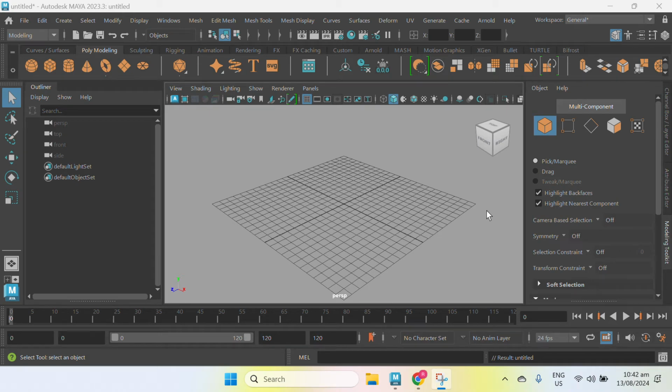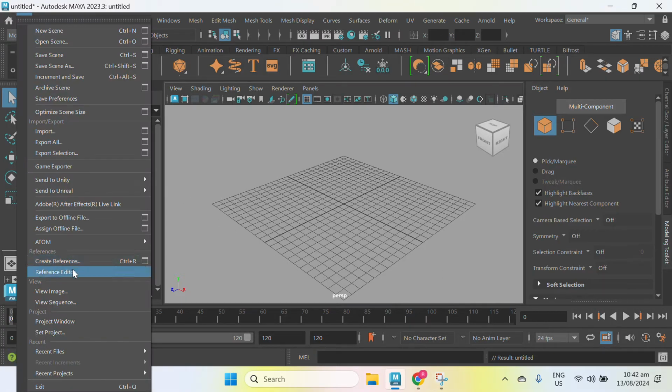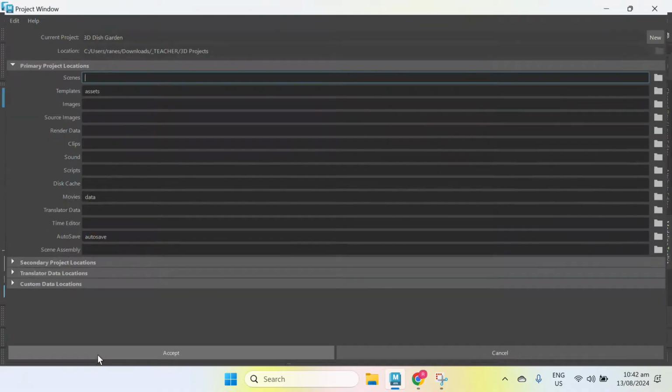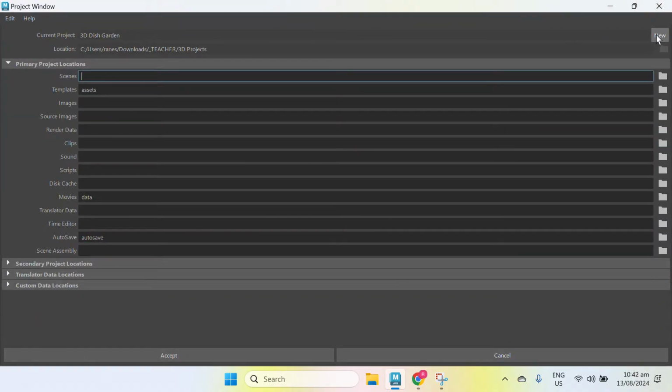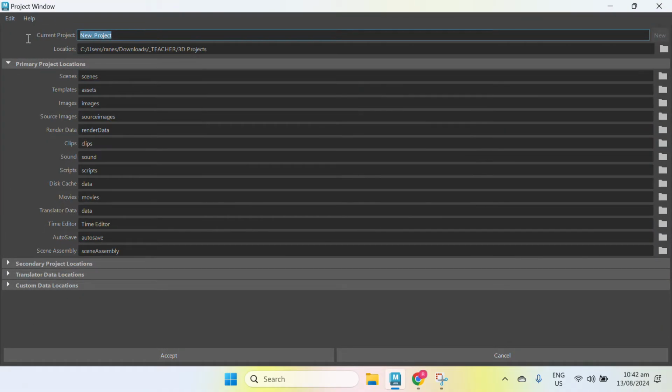For this activity, we're going to create the lab exercise 1 chess pieces model. To start, we need to go to File and then go to Project window. Now here, I'm going to click New. And for the current project, I'm going to rename this one as chess pieces